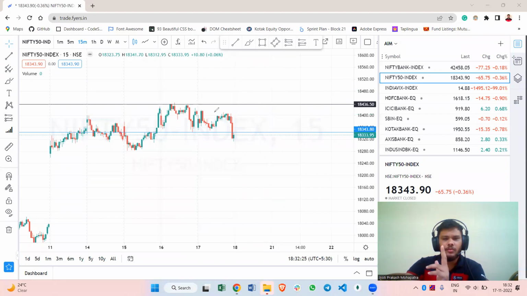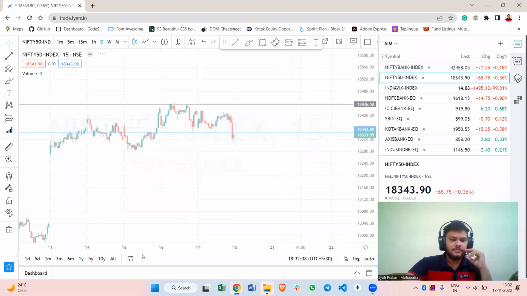But for now it looks negative to me until it closes above 18,400 or 18,450. My suggestion would be to go for any negative trend if it opens gap down or opens flat and shows any negative movement there. Okay. Now let's look into Bank Nifty components, because Bank Nifty components are really important for us,